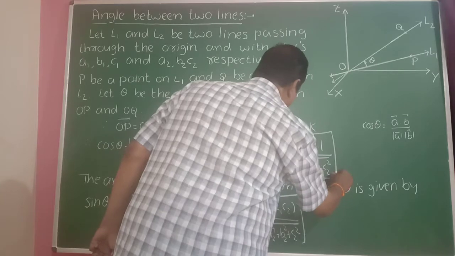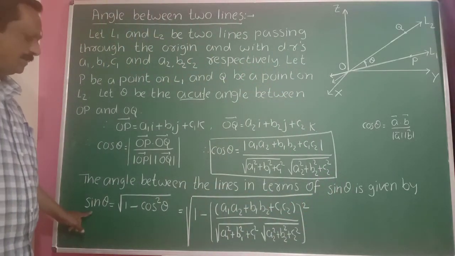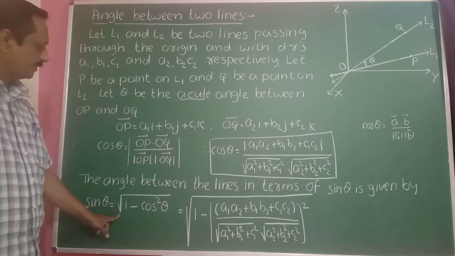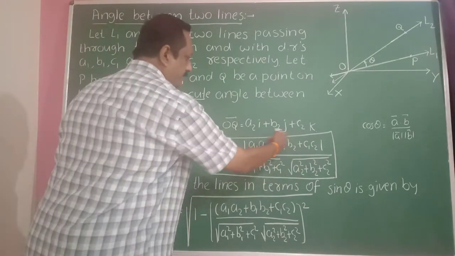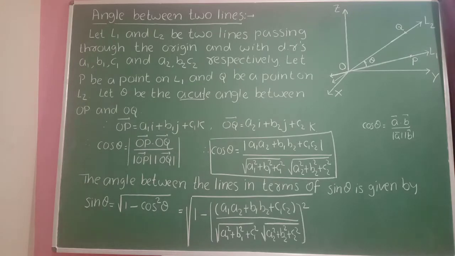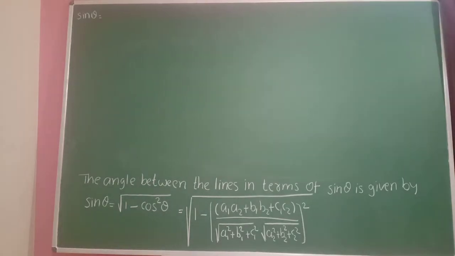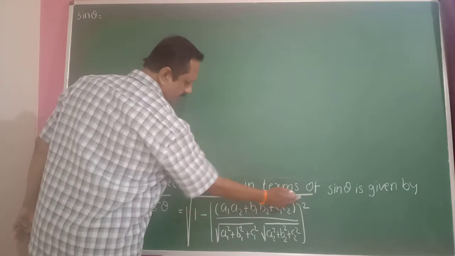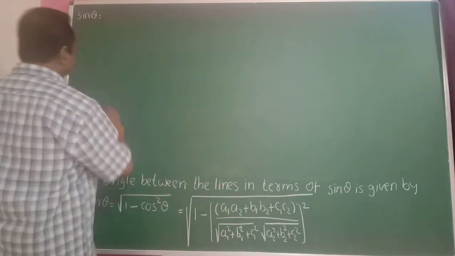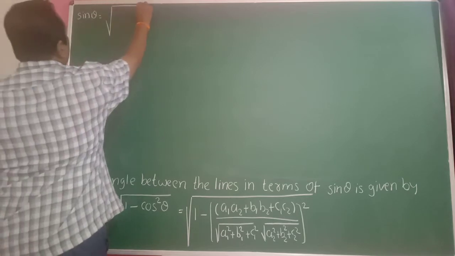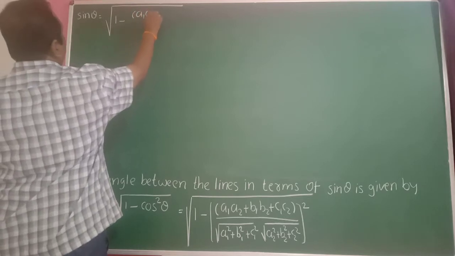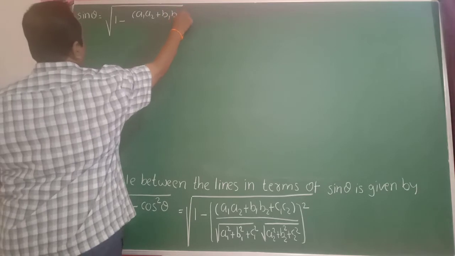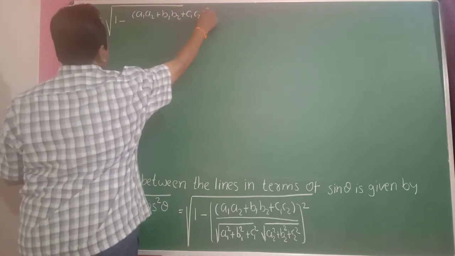If you want the angle in terms of sin theta, then you use this trigonometric formula: sin theta is equal to root of 1 minus cos square theta, which is root of 1 minus this term squared. Here a square is there, hence the square root and the square cancel. So it is root of 1 minus a1 a2 plus b1 b2 plus c1 c2, the whole squared, divided by